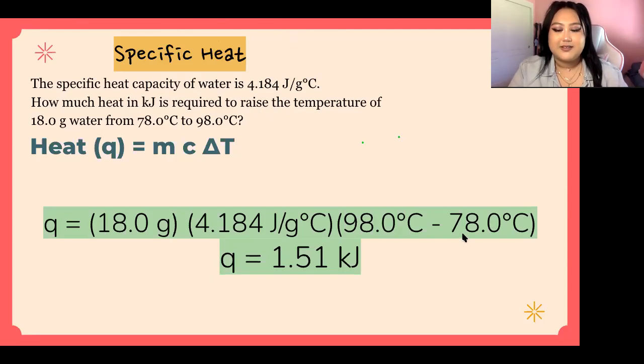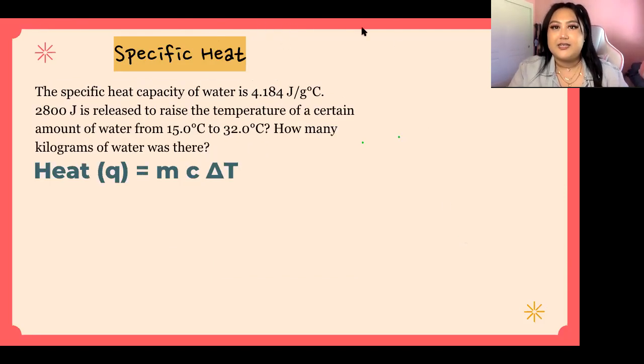Okay, here we go. Here's the last specific heat problem that we will go over. This one's a little bit different. It says the specific heat capacity of water is 4.184 joules per gram degree Celsius. That's the same. 2,800 joules is released to raise the temperature of a certain amount of water from 15 degrees Celsius to 32 degrees Celsius. How many kilograms of water was there? Okay, so